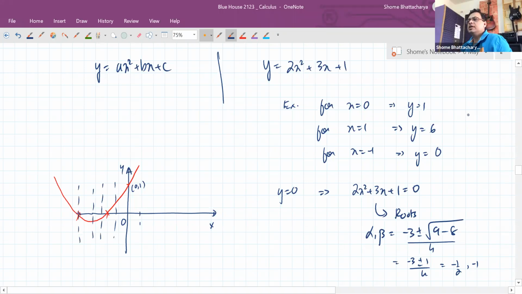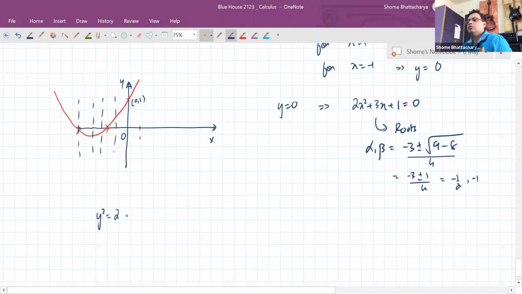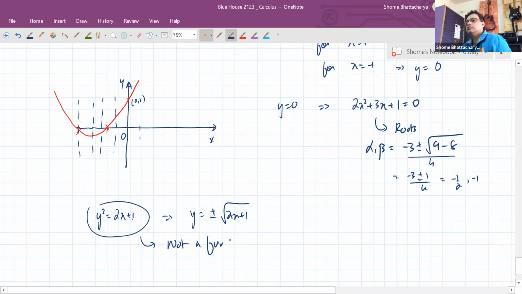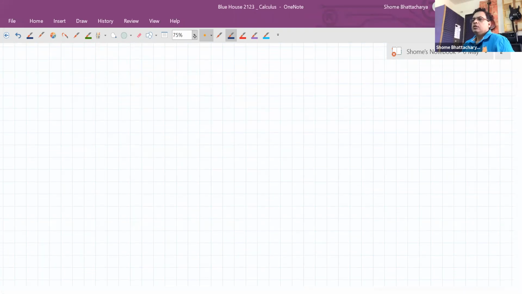But yeah, if we talk about this kind of relation, that y square is equal to 2x plus 1, let's say, this is not a function because y is equal to plus minus the square root of 2x plus 1. So this is not a function. Don't worry about how we drew the graph of that particular quadratic function. Okay, I'll be discussing in a lot of detail some tricks and techniques of drawing quadratic graphs. Okay, so coming back to